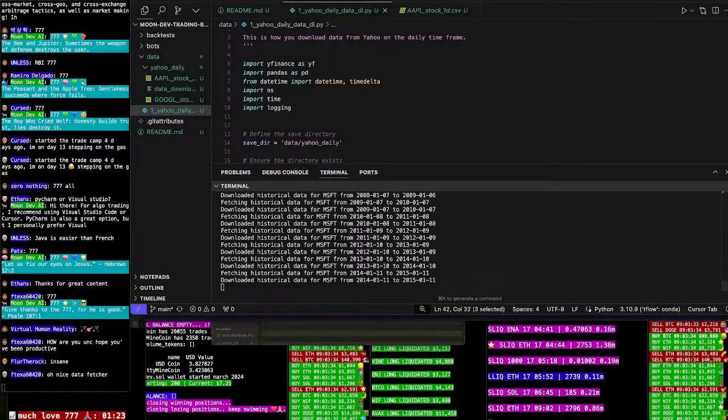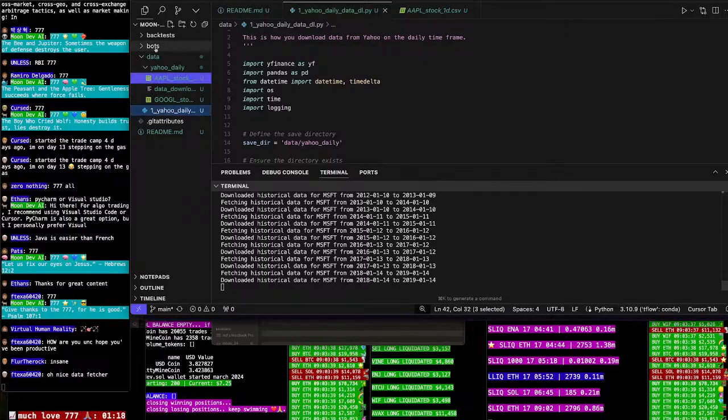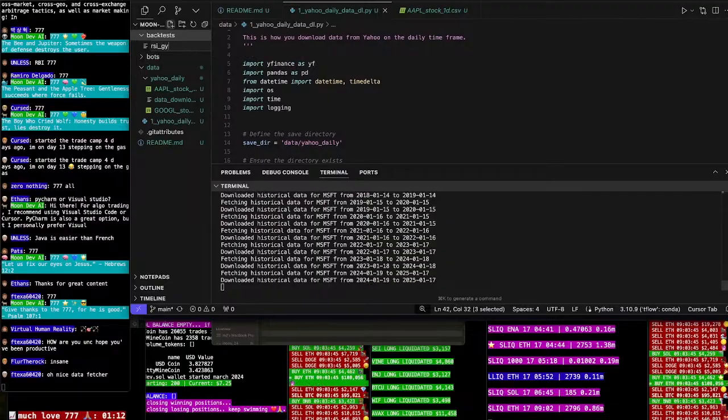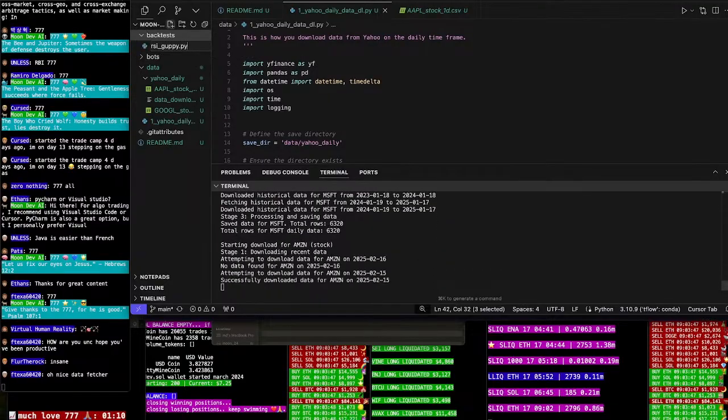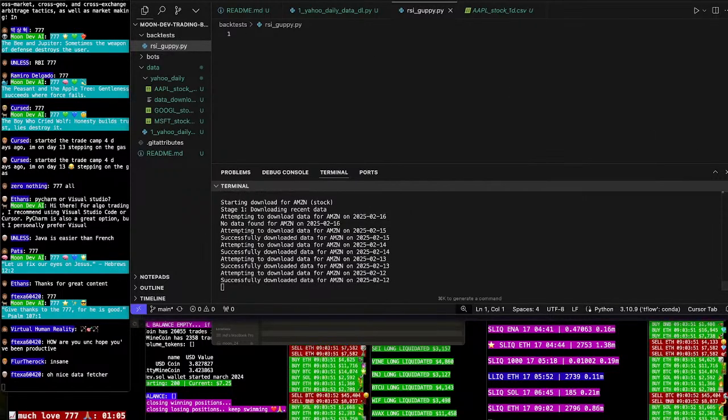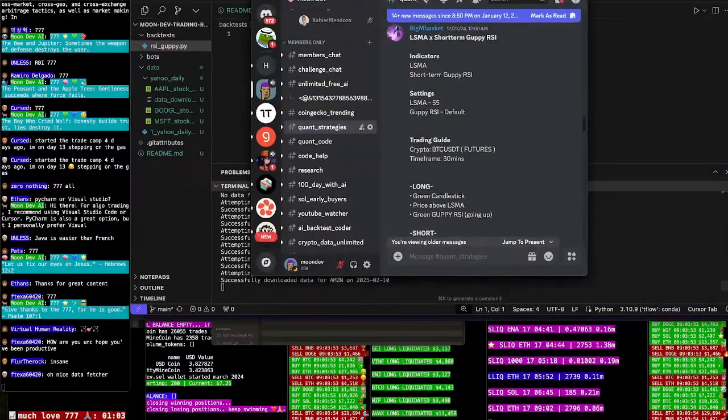So how about, let's call this the LSMA Guppy RSI strategy, dude. Let's go to backtest here and say RSI Guppy.py. And in order to come up with strategies, dude, of course, we have a ton of strategies here in